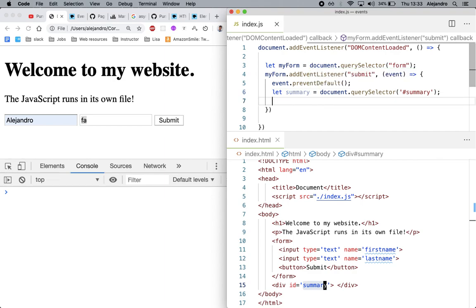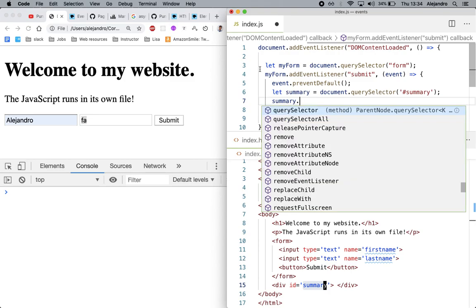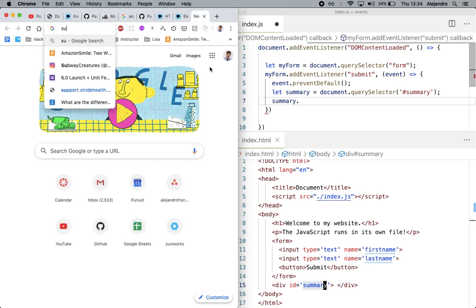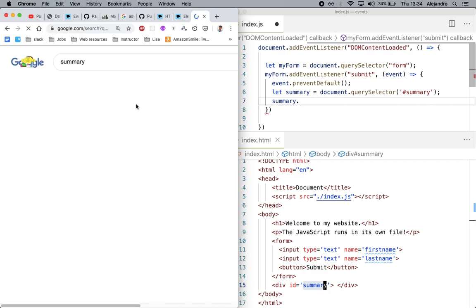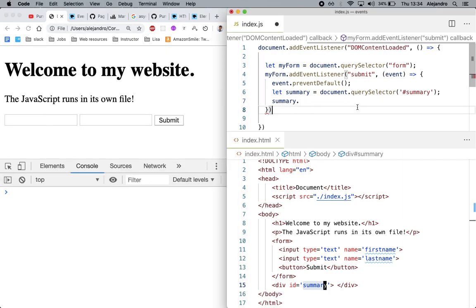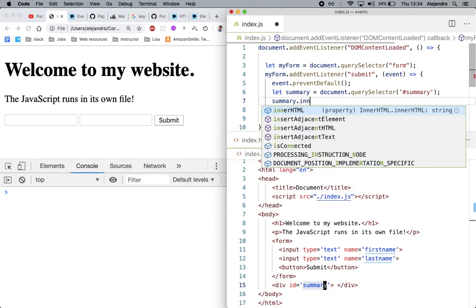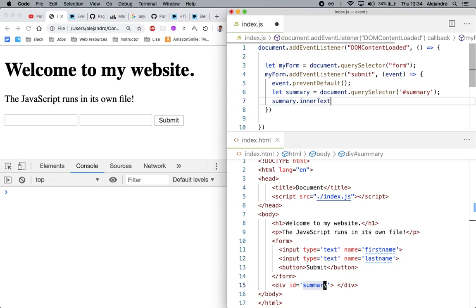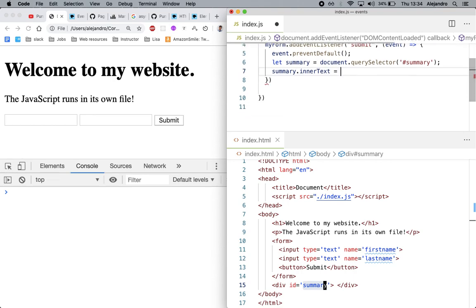And then what I want to do is create a first name. Actually, let's just do it bare like this. Just put the content in the div itself. So we can just do summary. I'm not sure if I'm spelling summary correctly. Okay, yes, that's correct. Summary.innerText is going to be equal to, but now